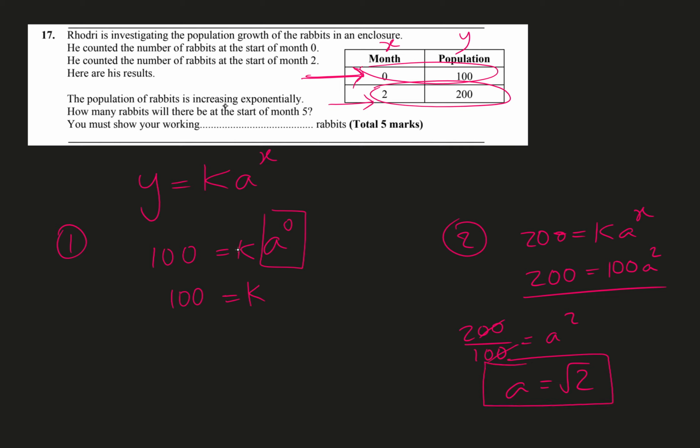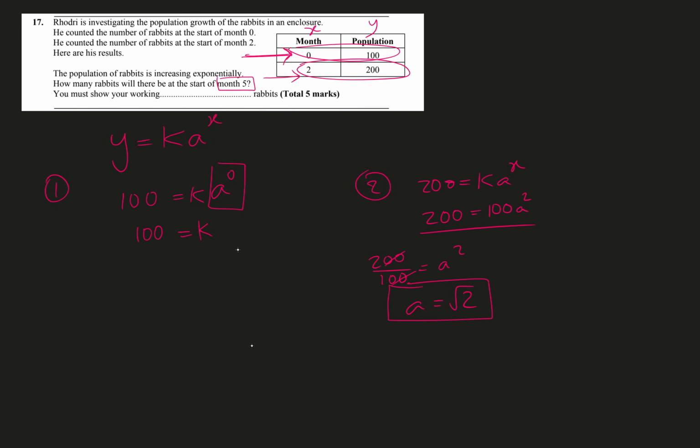So then it says, how many rabbits will there be at the start of month 5? Well, we can just use our formula now. So you can say y equals 100a to the power x. Well, a is just root 2. So we can say y is equal to 100 root 2 to the power, well, in this case it's 5. You put that in your calculator, which is going to give me 100 times brackets root 2 to the power 5,